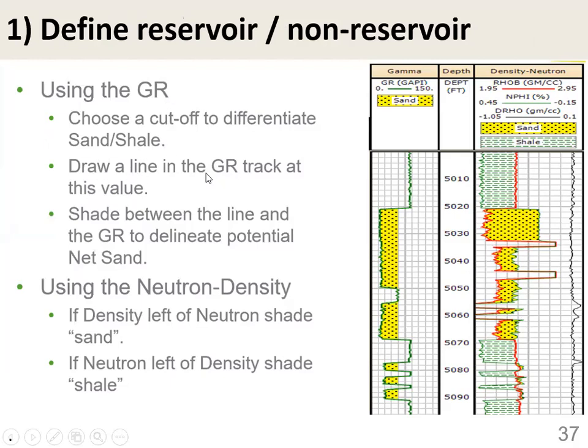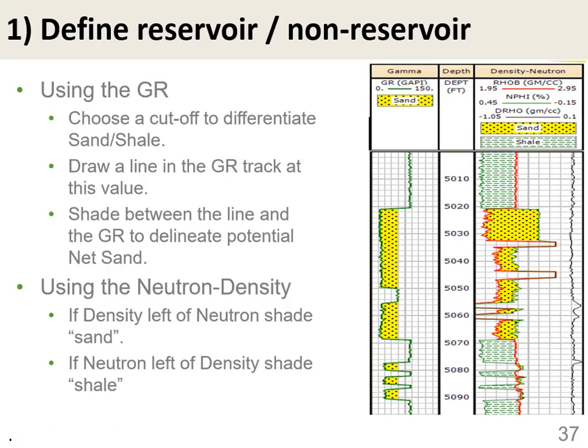You draw a line in the gamma ray track at this value. It's not illustrated here, but I have it there. You shade the area between the line and the gamma ray curve to delineate potential sand, and you see here which is shaded. So this is the cutoff. The whole idea is anything that falls outside this line. You see this gamma ray portion is higher than this line, so this is taken as shale, and the same thing here. So all those points to the right